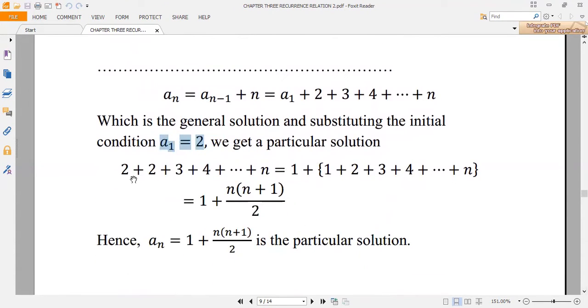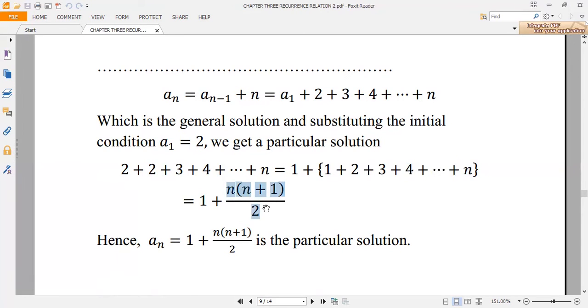So now to find that particular solution, let's replace 2 plus 3 plus 4 plus this one. Substituting a1, you'll get 2 plus 2 plus 3 plus 4 plus n. Now let's split 2 as 1 plus 1, then 1 plus 1 plus 2 plus 3 plus 4 plus this one is